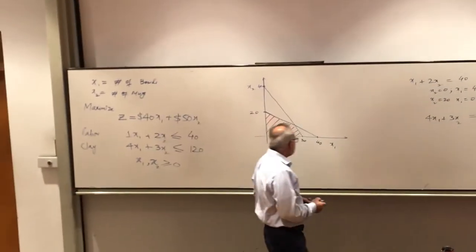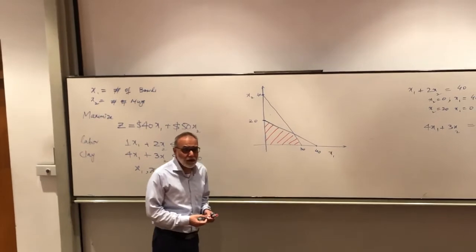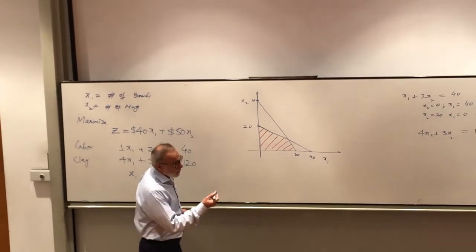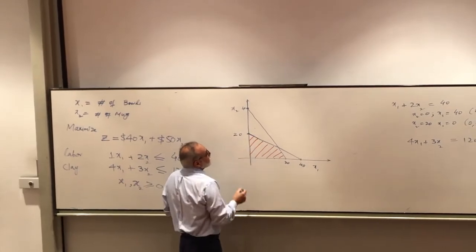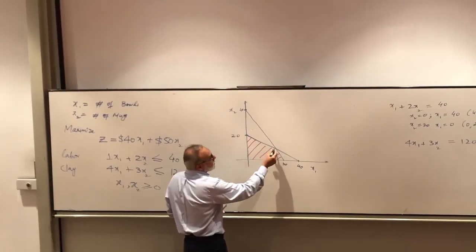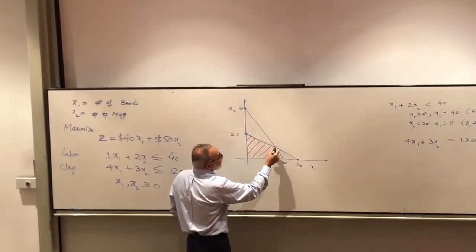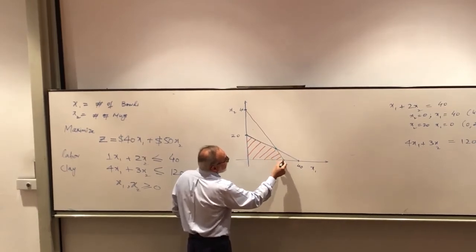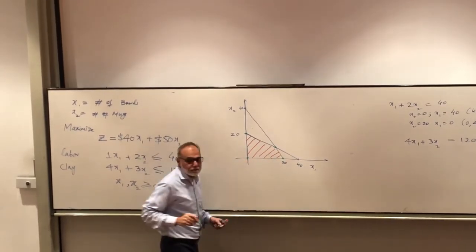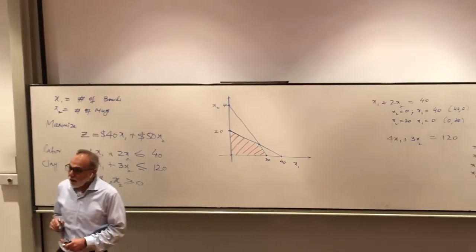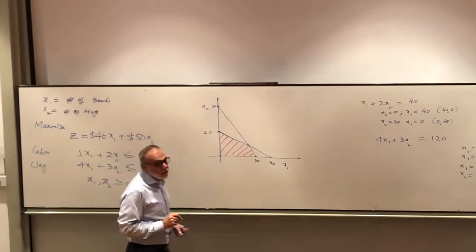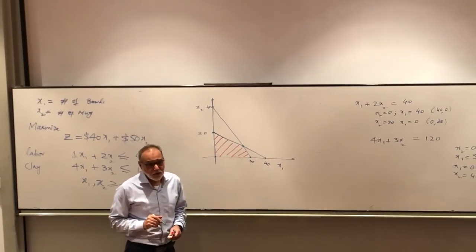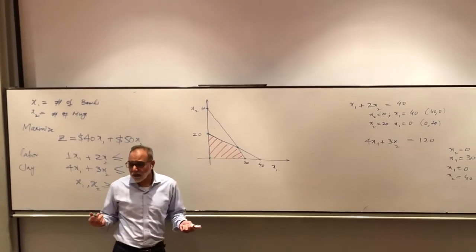The corner point we will discuss first. There are three vertices of this region or corners, or rather four, and we can work out the profit at each point,